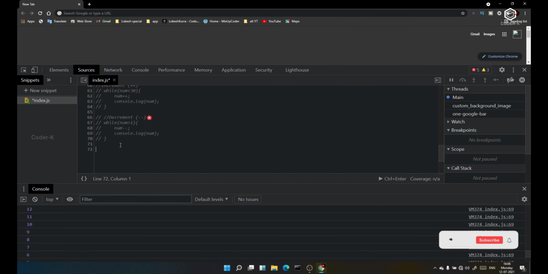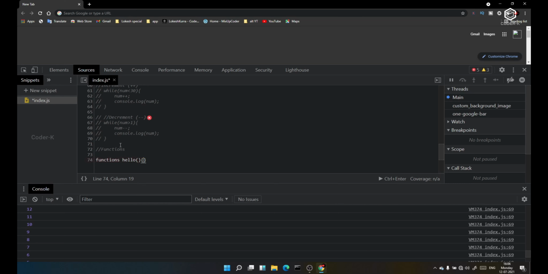Okay, now I am going to tell you about functions. We are going to start functions, guys. While coming to functions, we declare the function with the keyword function and some name, like hello.